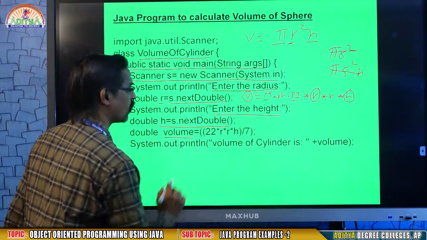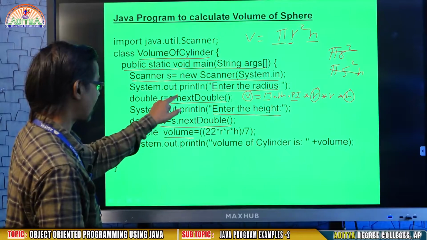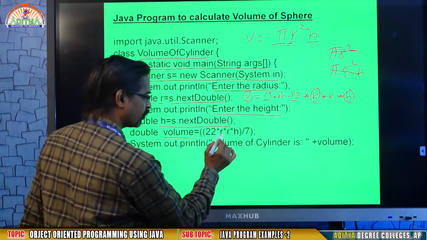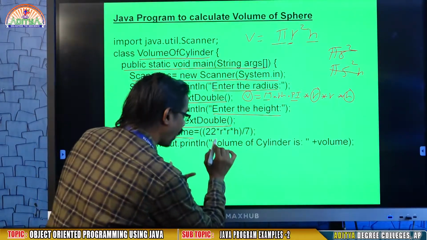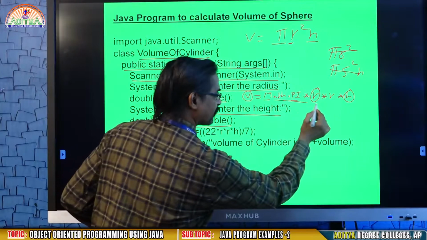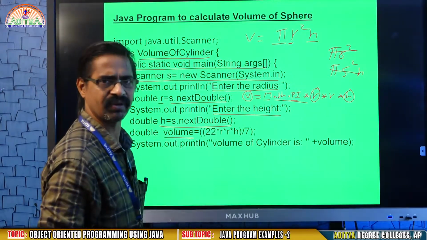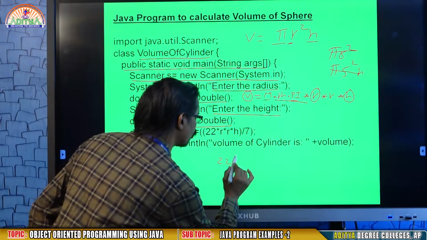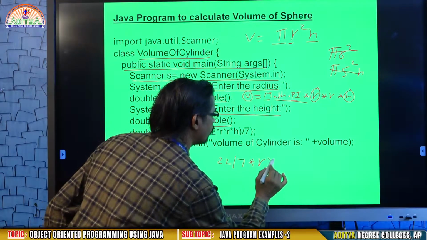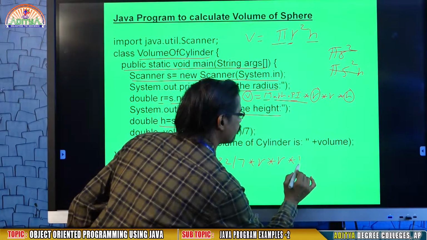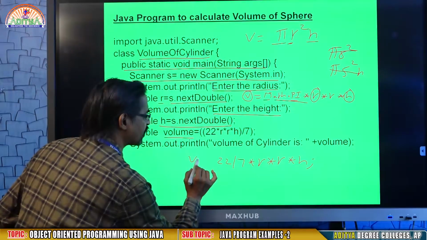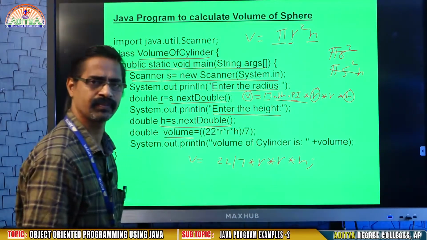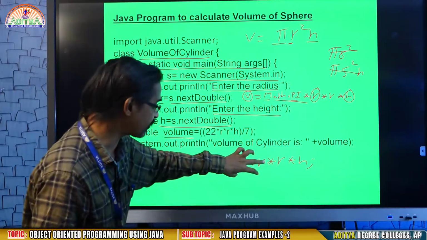Now I want to calculate volume. So here I accepted the radius value and height value. Now I am going to calculate volume. So volume equals, why am I not writing like this? Of course, it is already known from the previous example how you use Math.PI. For suppose if I write like this, 22 by 7 into r into h. No doubt you may write like this, it is pi into r into h. Why am I not preferring such a way of writing?